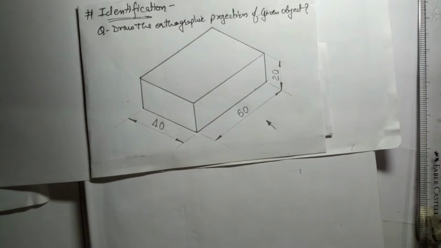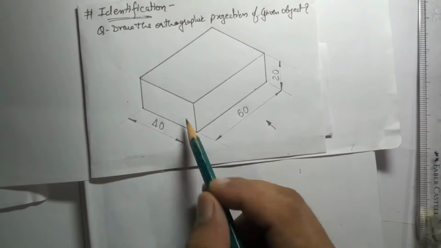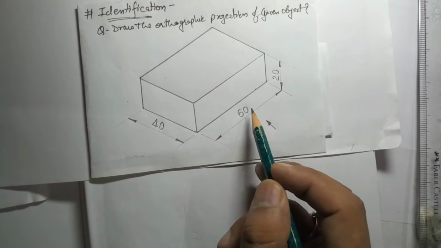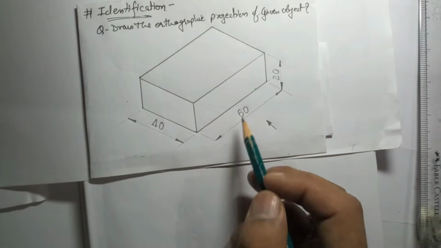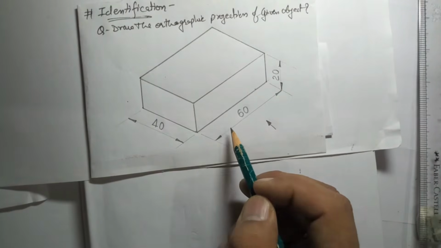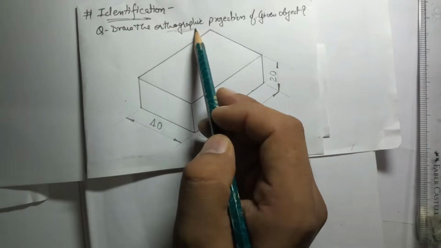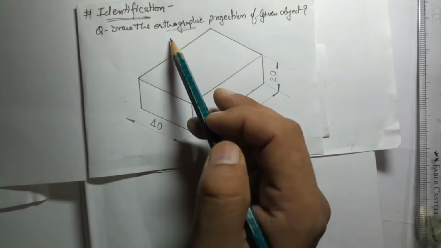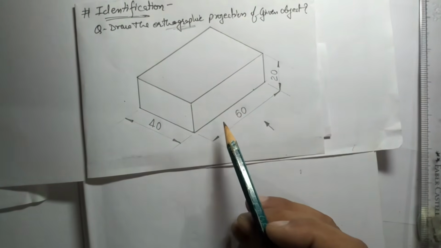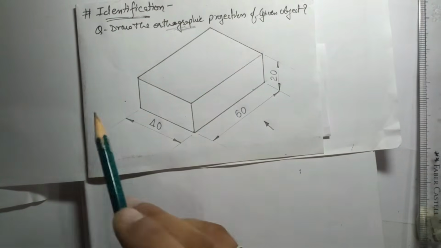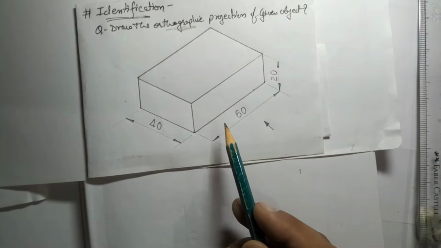I have told you earlier what orthographic projection is and what isometric projection is. I will give you a brief about those. This is the isometric projection, in which we have the 3D object in one diagram. We can see the front, top, side, all views. This is known as isometric projection. When we say orthographic projection, it means we are going to draw the front view, top view and side view separately, and these views are perpendicular to each other and the projectors are perpendicular to the plane of projection. I have discussed all these things in my previous video.